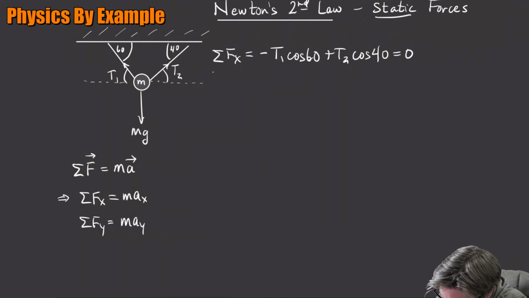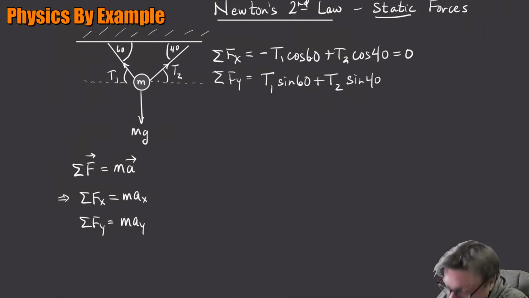So sum the forces in the y direction. Let's see. I'm going to have T1 pointed up, so this is going to be T1 sine 60. T2 is pointed up, T2 sine 40. And then I got mg down, right? So it's minus